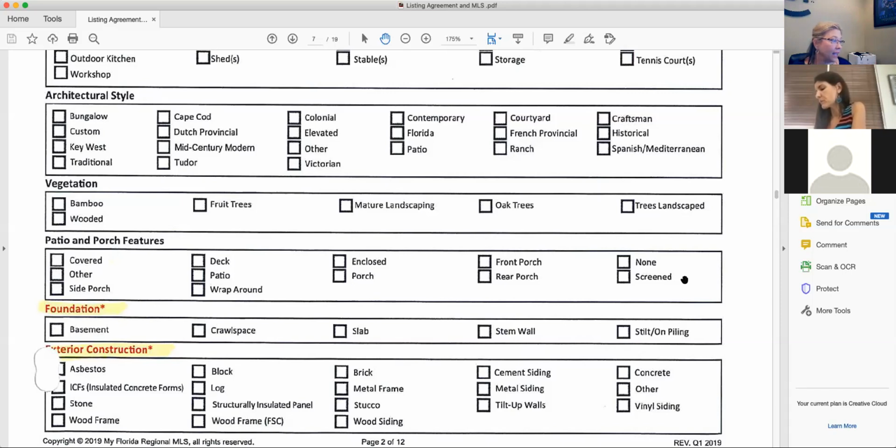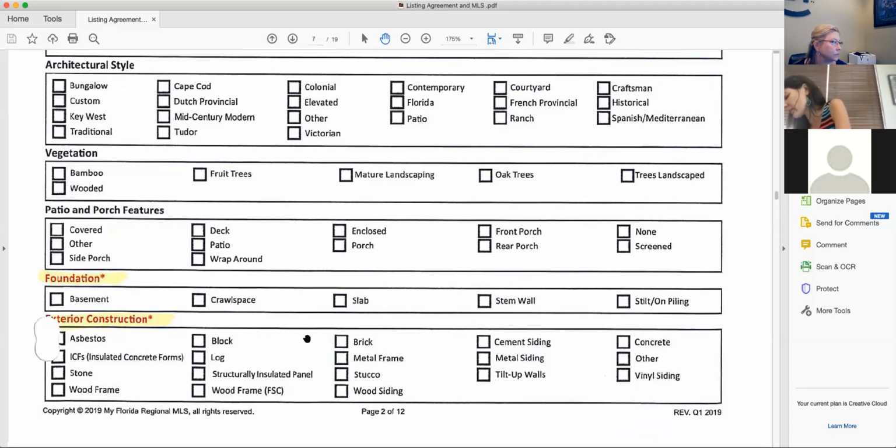Gotcha. Okay. So again, there is a level of interpretation going on here. I'm giving you the generalized interpretation, but understand this is filled out by thousands of different listing agents, and we don't know if they have the same perception. Got you. Now, the last one on this page is